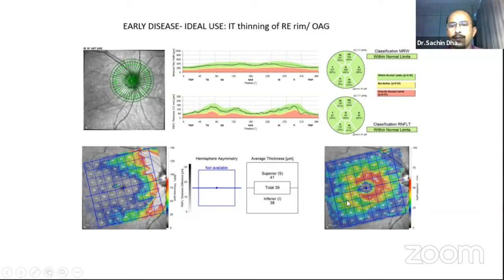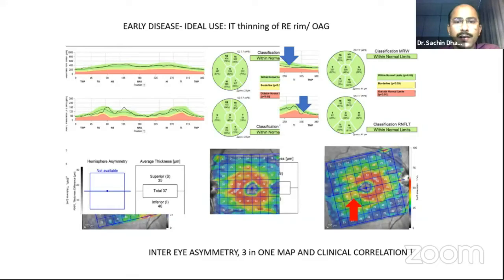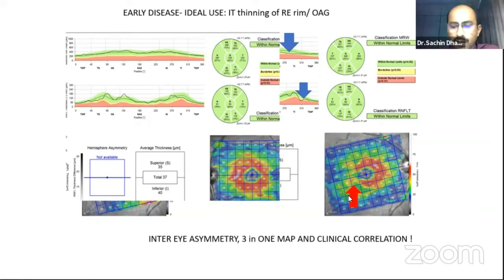And here you can see that the pie of the ganglion cell complex is eaten away. So this is very, very clear here that you've got a localized defect, which you wouldn't have picked up in case you would have just seen the interpretation of the scans and not seen it very closely clinically. So here inter-eye asymmetry also is very, very significant. Compare both the eyes and you can see the donut intact here and the donut eaten away on this side.